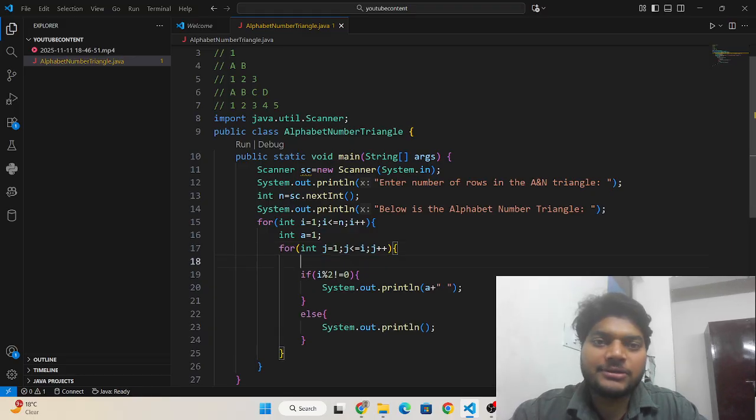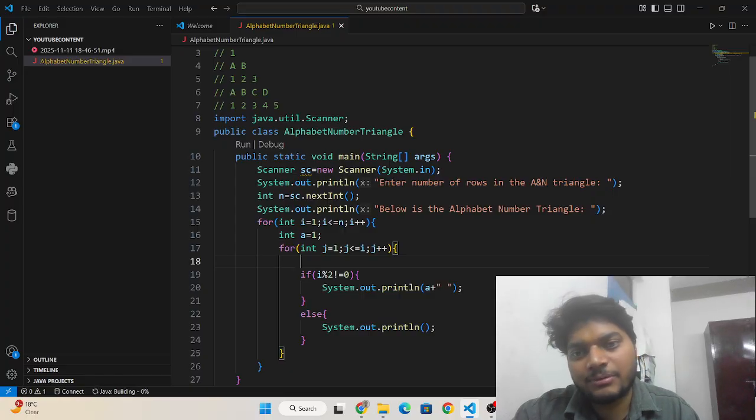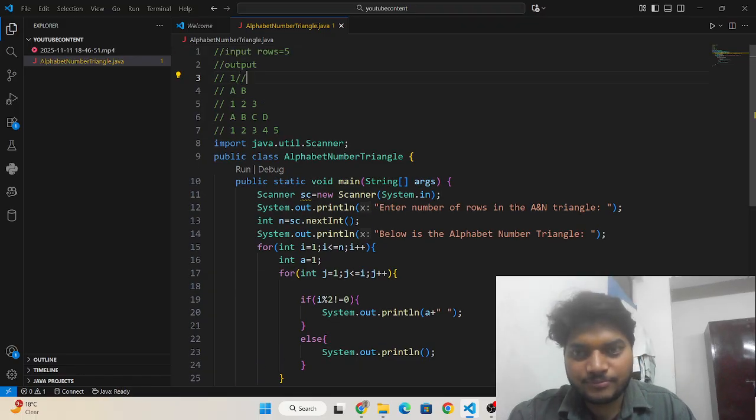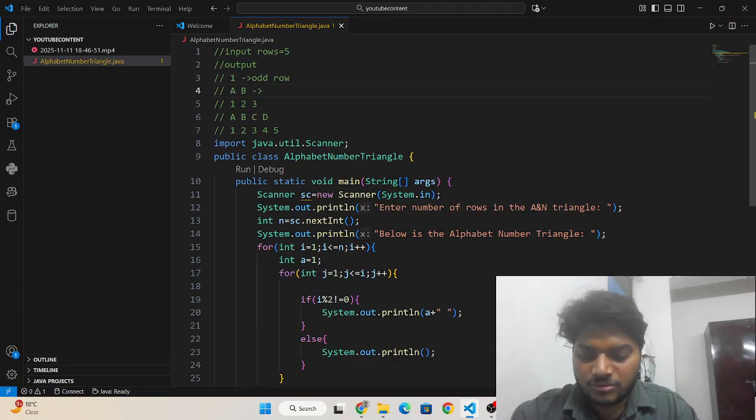First I need to convert the number into an ASCII value to print the alphabet. Numbers come in the odd rows and alphabets come in the even rows.